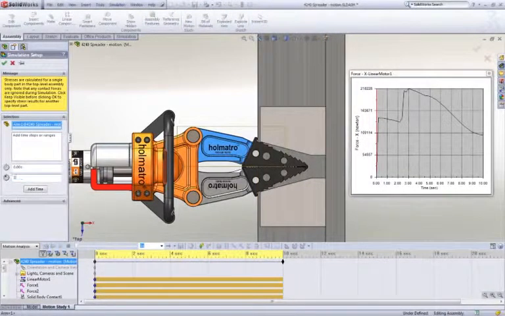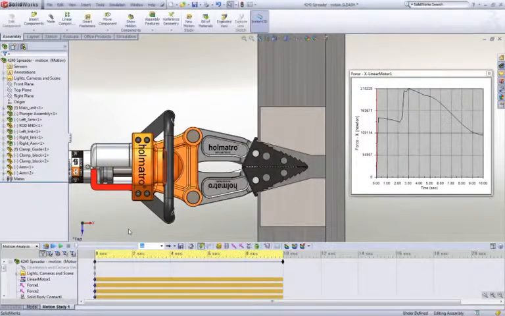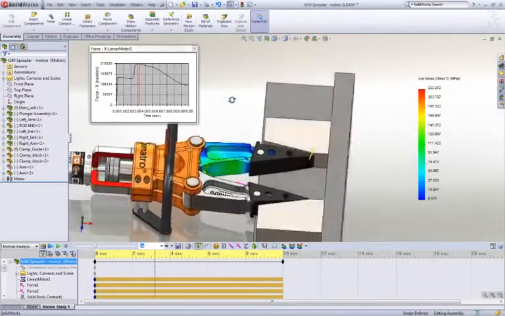We're even able to check the strength of selected parts in the mechanism over the entire range of motion. This can really help in determining if we need to use SOLIDWORKS simulation for a more in-depth analysis to ensure that part strengths meet our goals.